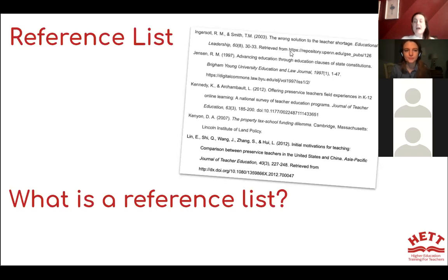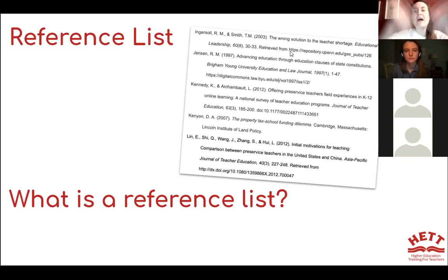So yes, actually a reference list and a bibliography, I'd have to look up exactly for APA, but usually a reference list and bibliography are separate. So it is the sources we used. Usually a bibliography is everything that you looked at, while a reference list is just what you used in your paper.